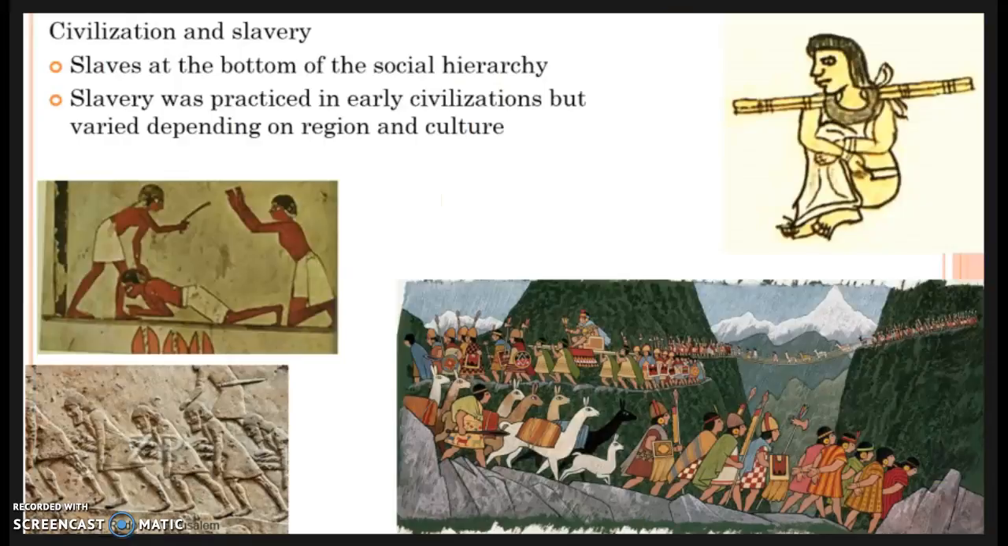Many of these civilizations, all of them, it could be argued, had some form of slaves, and slavery was constantly at the bottom of the social hierarchy, and we have to remember that slavery in the ancient time is not racially or ethnically based. Slaves were usually captured as prisoners of war, they were people who owed a debt, or they were people that committed a crime. Slavery was practiced in these early civilizations, but varied depending on region and culture. For example,